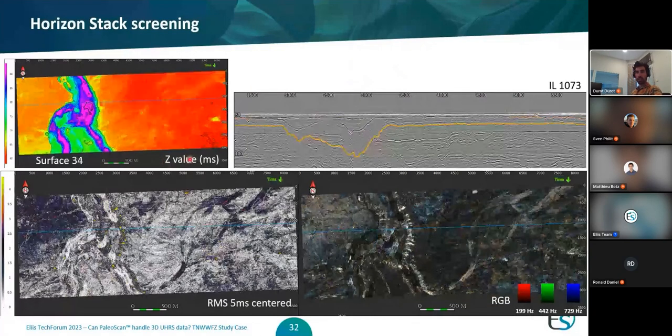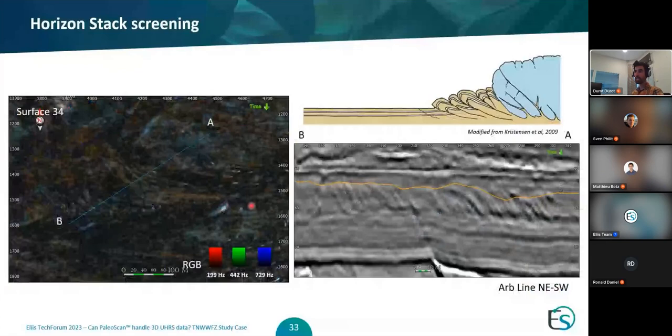Then actually, if we just keep going deeper, we can still clearly see the incision here, here, and there. We can also see some features here on the RMS and also in the SPECD. So these ones are also tunnel valleys, but they are less incisive. Okay, so that's why they're not really highlighted in here with the interpretation. But actually what I want to focus on right now are these features here. They're not quite visible, but I will just zoom in so you can better take a look at them. And these features here